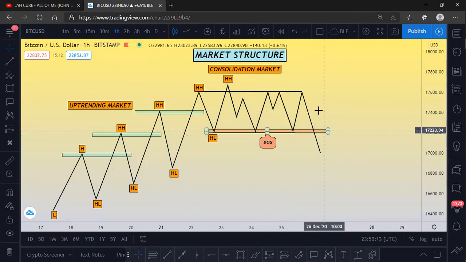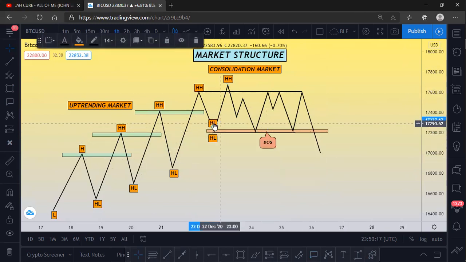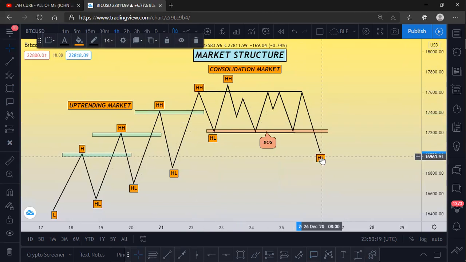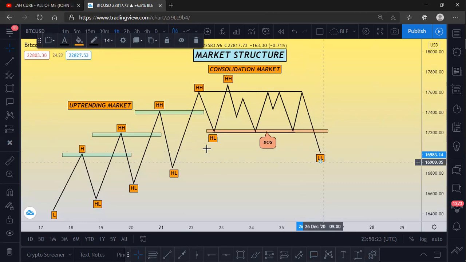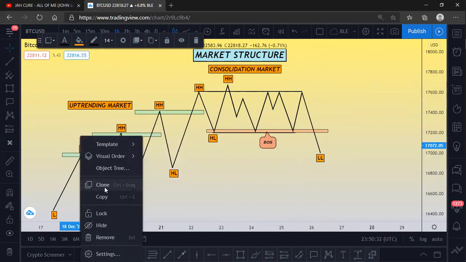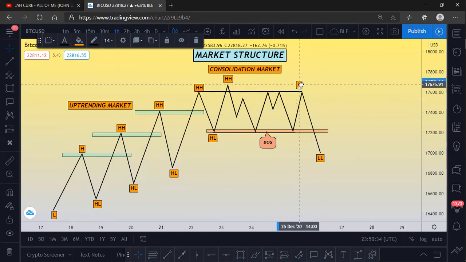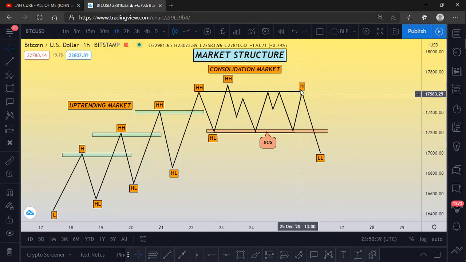So basically, this is going to be our new lower low. We're going to have our new lower low here, because it then broke structure and closed below it. So now we have our new lower low. This is still going to be our what? Our high. This is still our high because it's not a higher high, because it did not go above this high. Understand, right? But it's still a high. So then a high, a lower low.